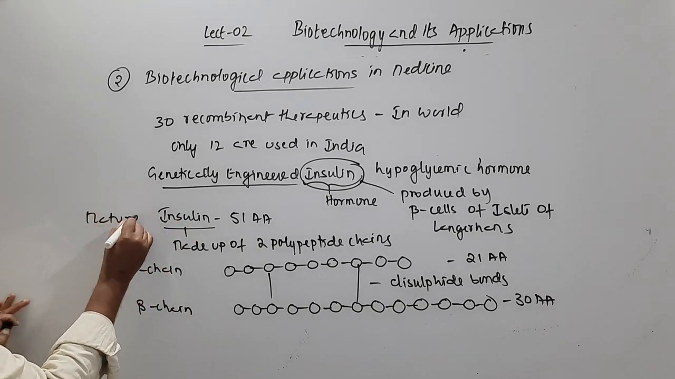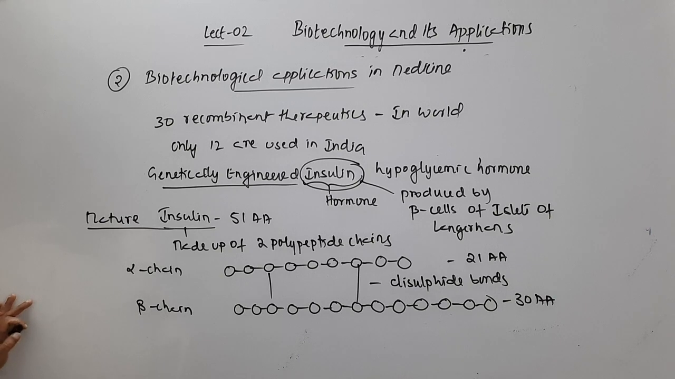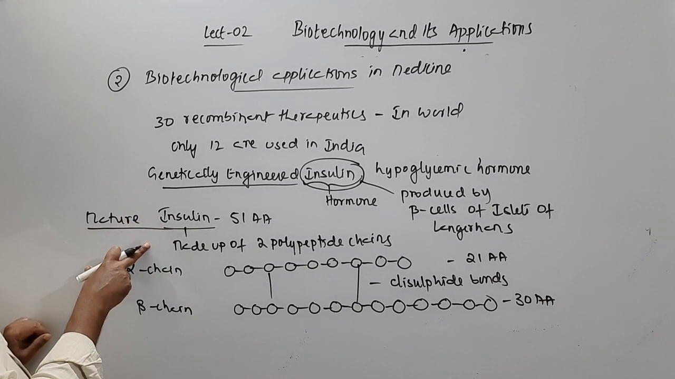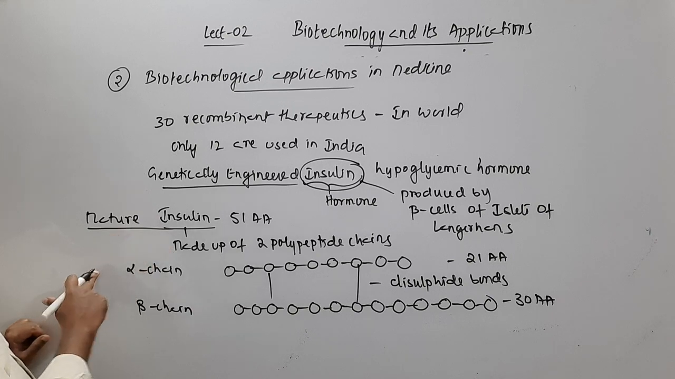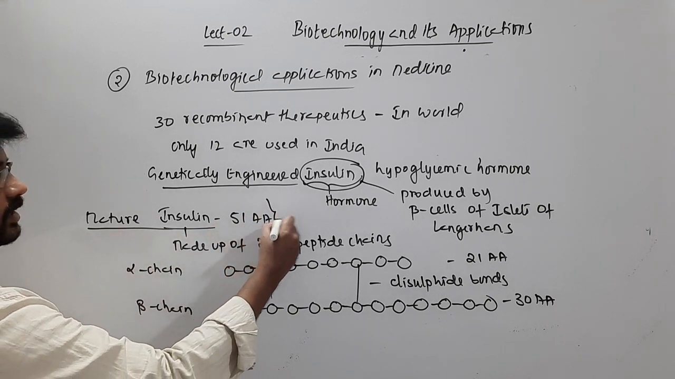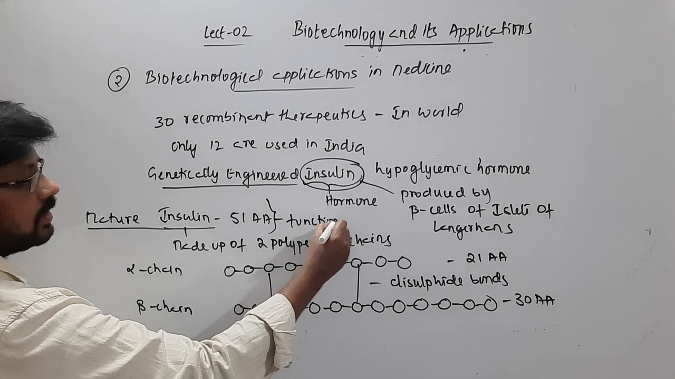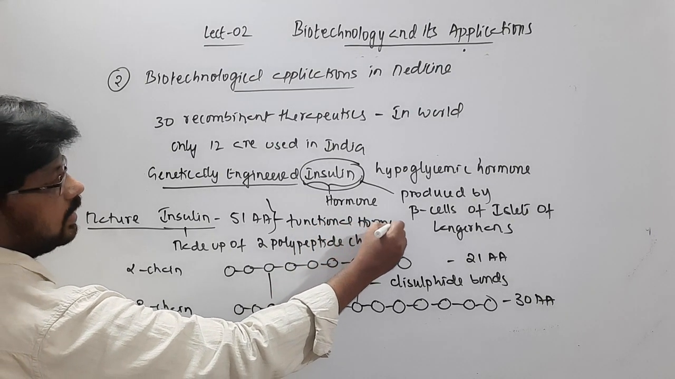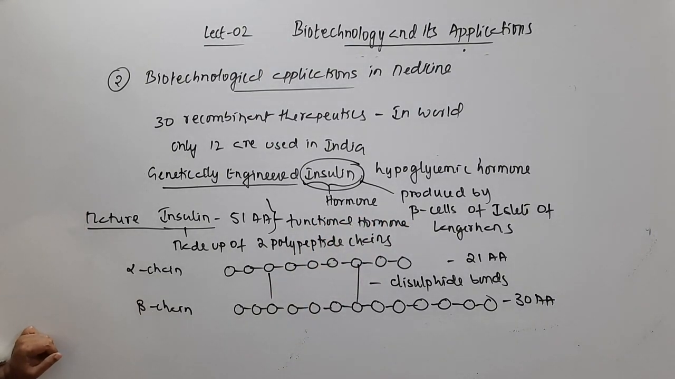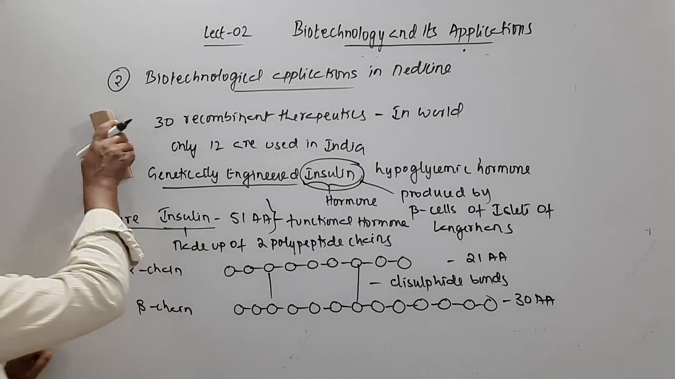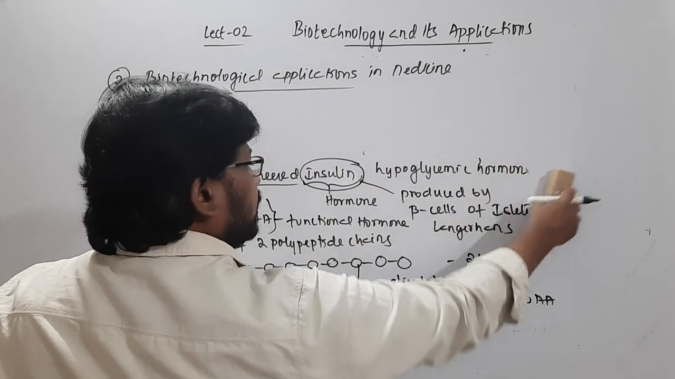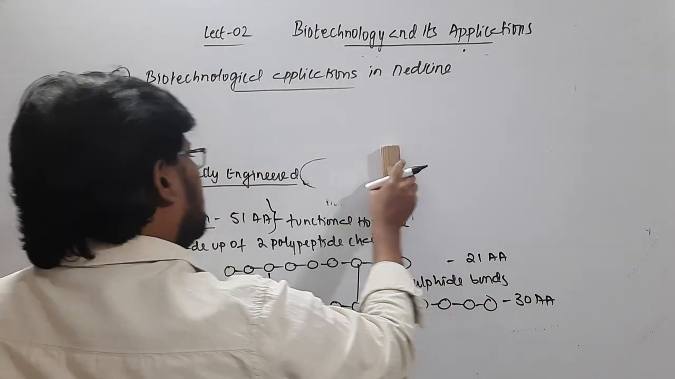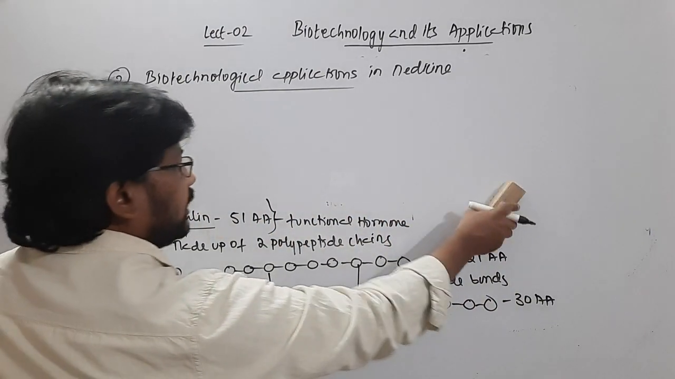So that's what I'll mention here. A mature insulin that is ready to function. And one more point, the mature insulin means it's a functional insulin. So this mature insulin is a functional hormone. Whatever insulin is produced, it is produced in an inactive form,